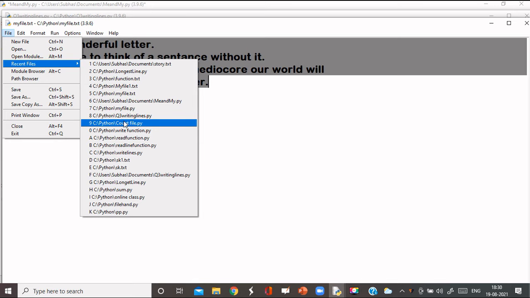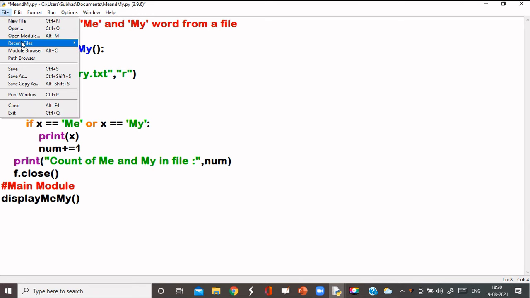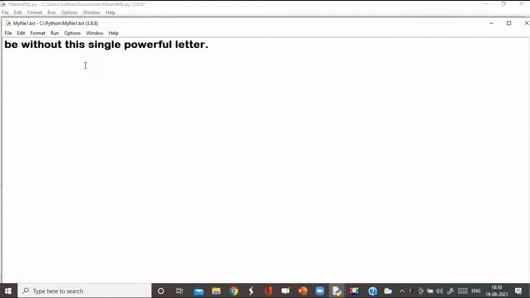Yes, this is the file, myfile1.txt. Now you can see that in the next file, where the contents are written, this is the last sentence.